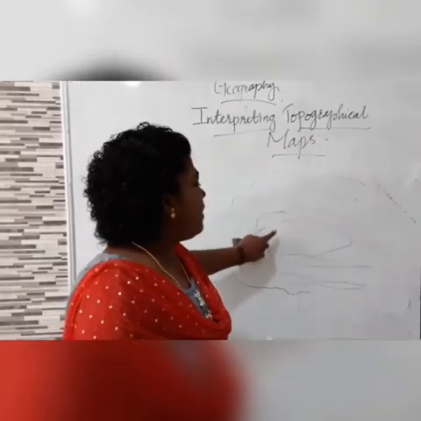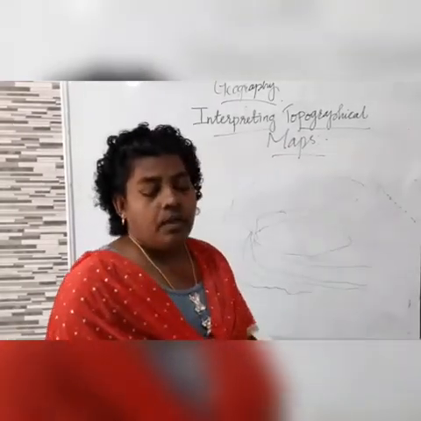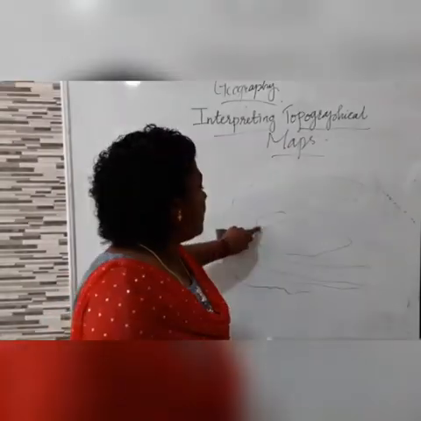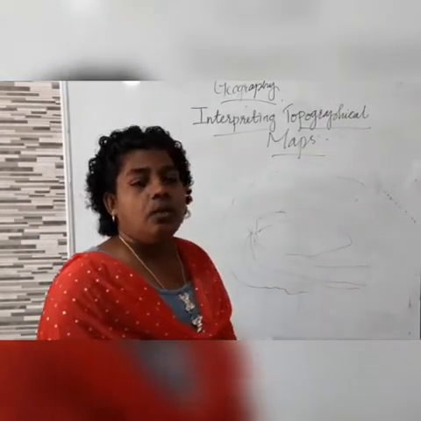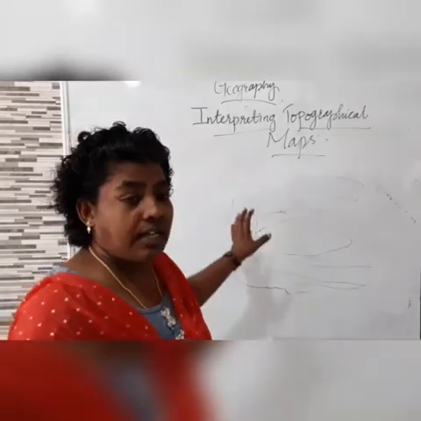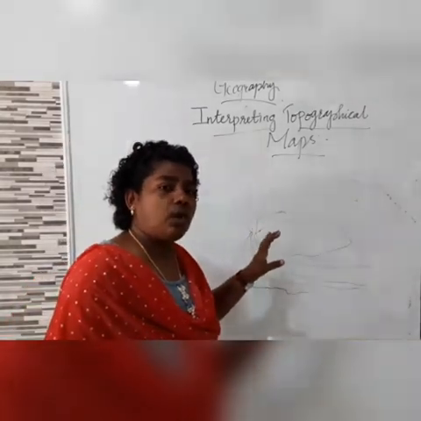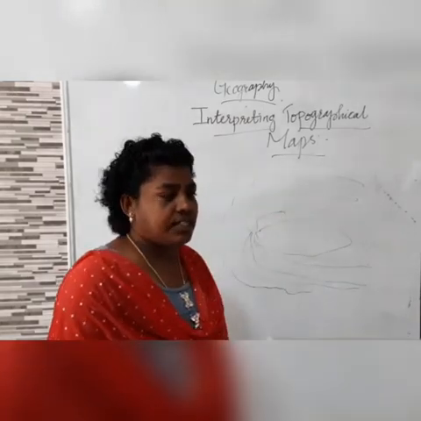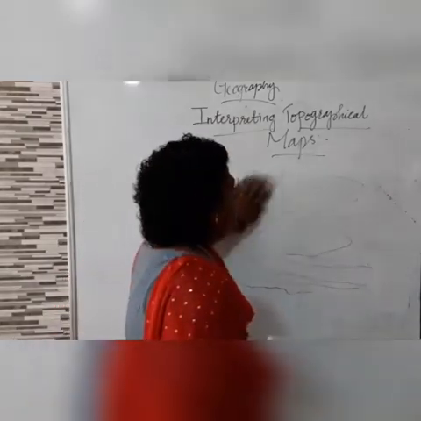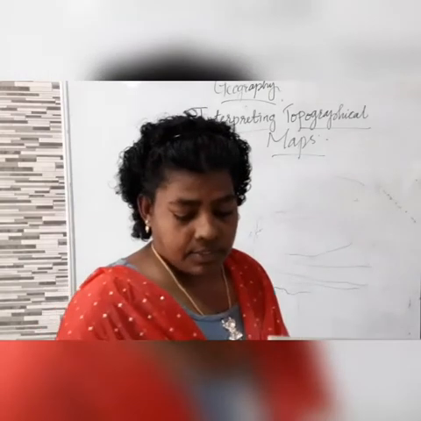And the lines will be very close to each other. Sometimes what will happen? They will overlap each other. The contour lines will be overlapping on one another. That denotes, or indicates, what? That indicates there is a cliff. Did you understand? Now, the other thing we are going to learn is